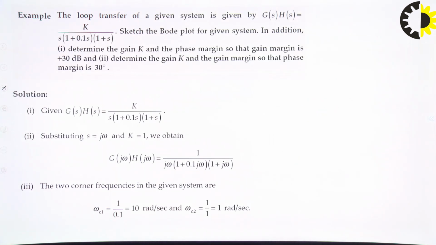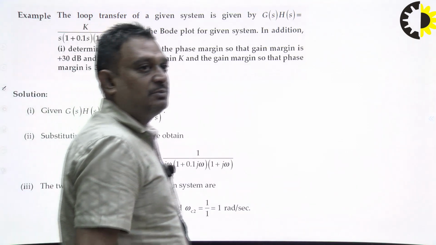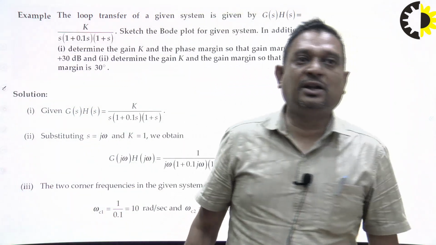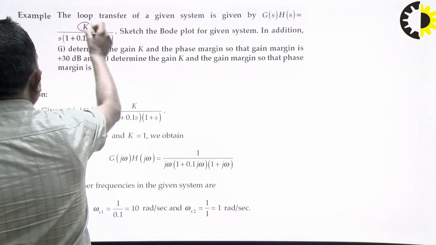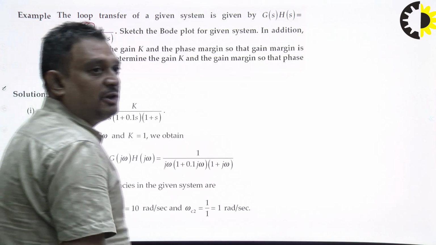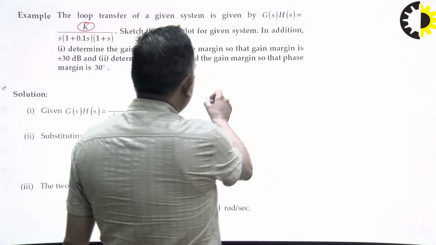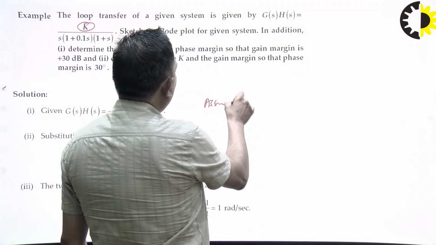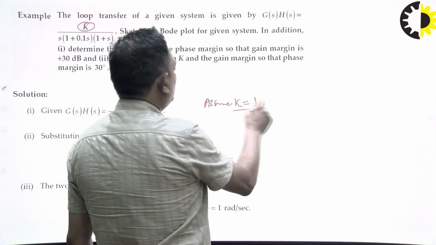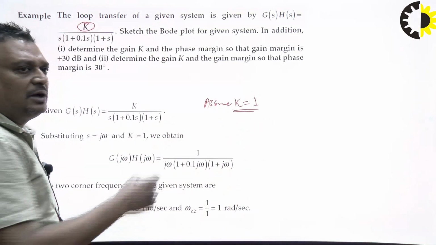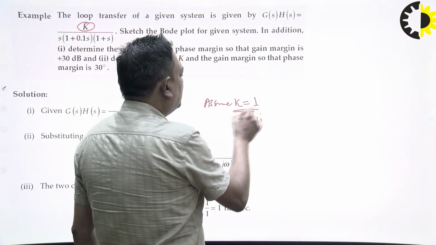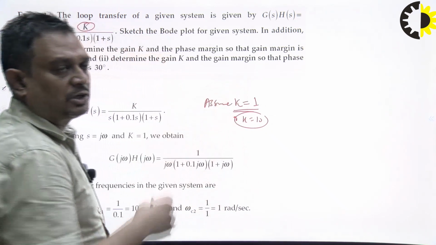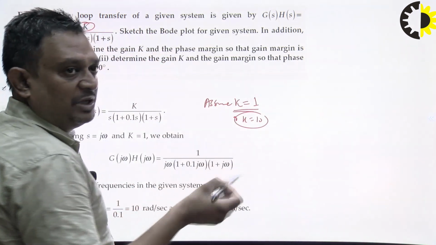Okay, so this is another problem which can be solved in a similar manner. Because of time constraints, I am just telling you that whenever this type of question is given to you, and they tell you that a value of k is given but you don't know the value of k, then always assume k equals 1. Whenever you assume k equals 1, then you can draw it. You can assume k equals 1 or also k equals 10 if you want to change the scale of the plot. Otherwise, all these things will remain the same later on.